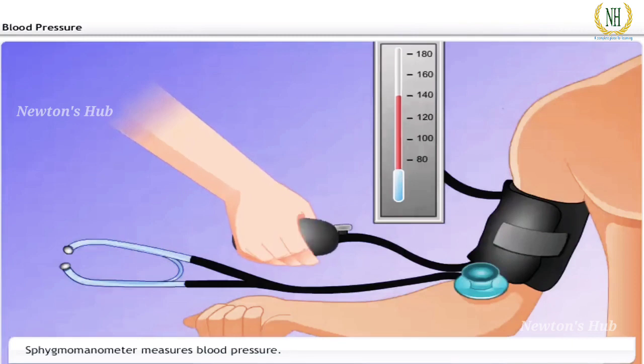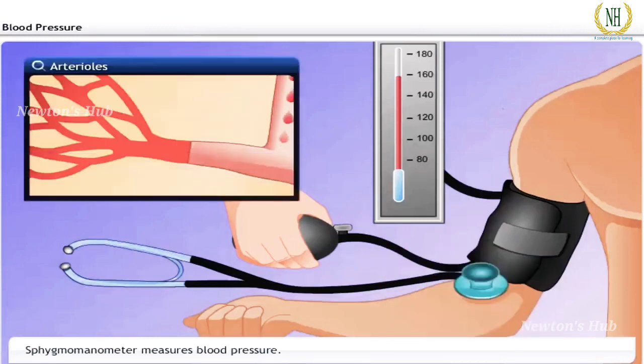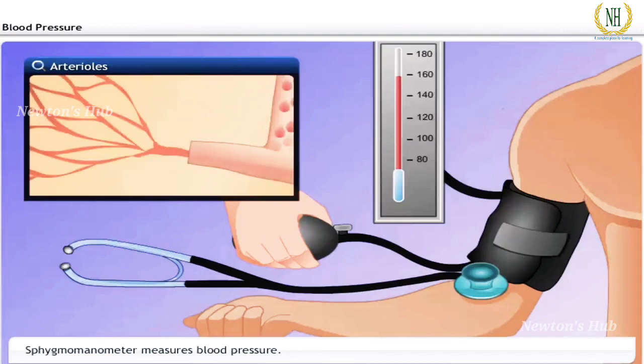High blood pressure is also called hypertension. It is caused by the constriction of capillaries of arteries called arterioles. This results in increased resistance to blood flow. High blood pressure